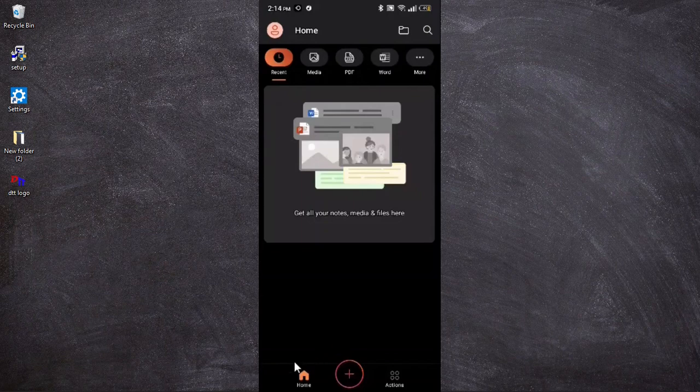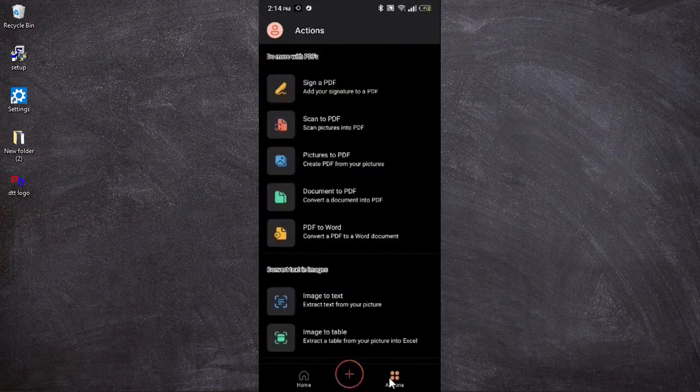When you open it, you see an interface like this. At the bottom, we have 3 buttons. You are going to hit the one labeled Actions. Within the Actions menu, you see the different things you can do with this app. You can sign a PDF, scan to PDF, save picture as PDF, convert the documents to PDF, convert PDF to a Word document, and down here you can convert image to text and image to table. I'm going to concentrate on converting an image to text, so I'm going to hit the image to text